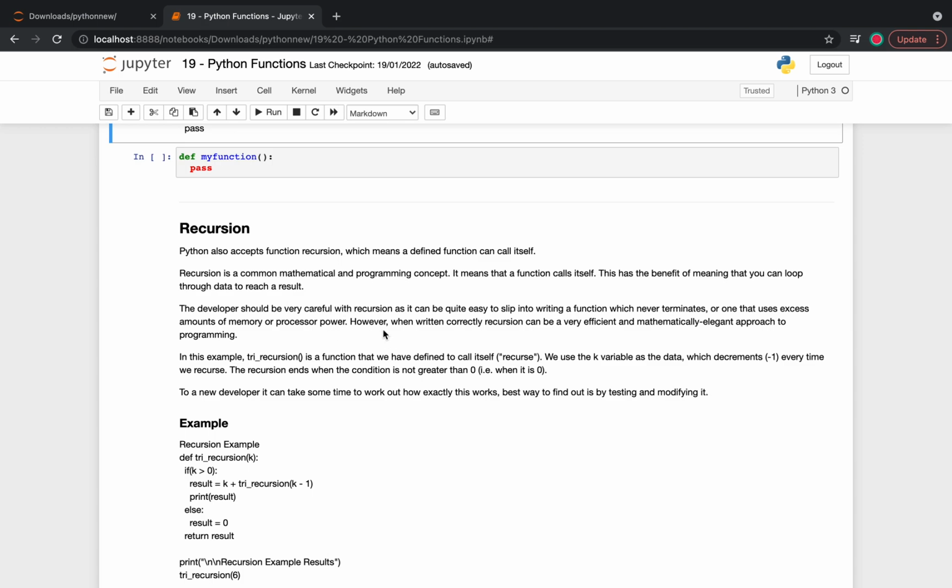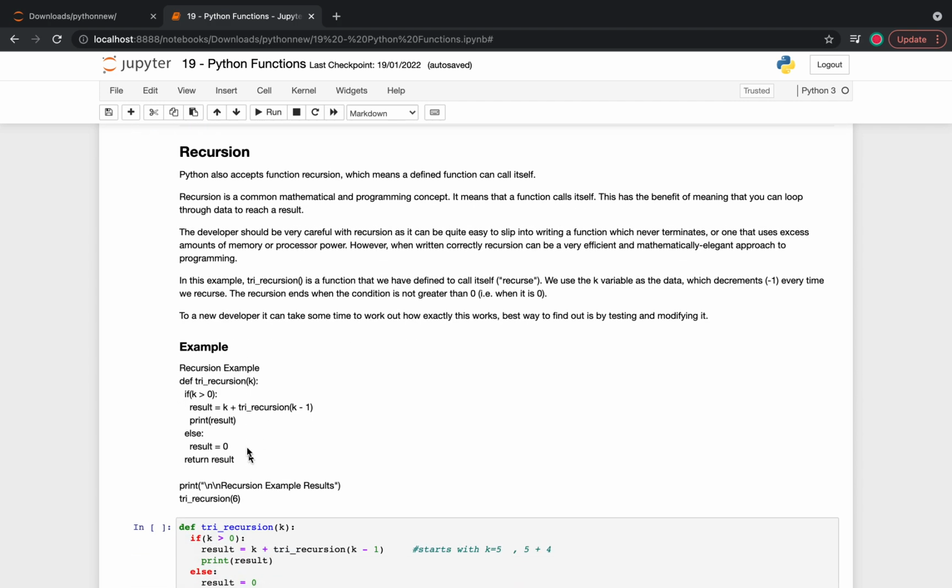So untuk elakkan dari jadi macam ni, kita kena buat recursion tu betul-betul lah. And recursion can be a very efficient and mathematically elegant approach to programming. So untuk this example, kita pakai 3